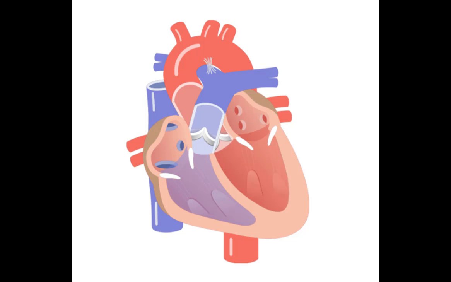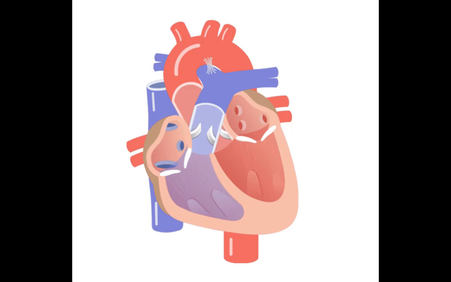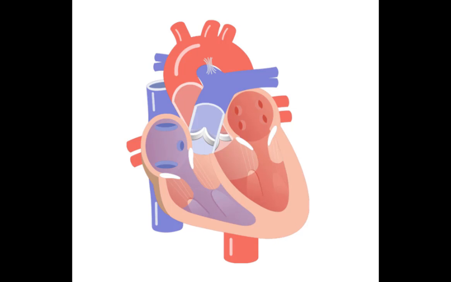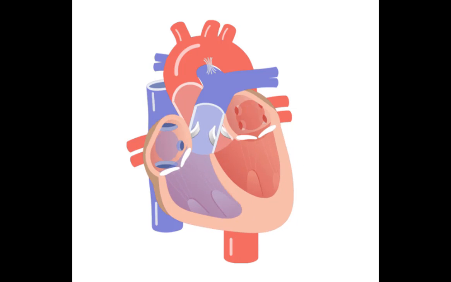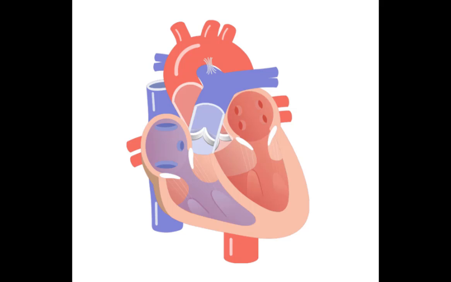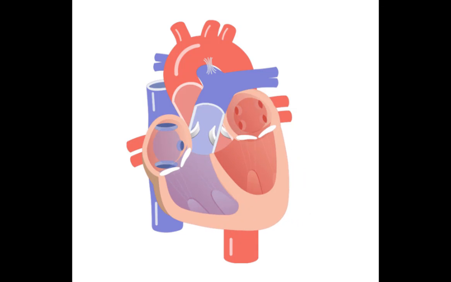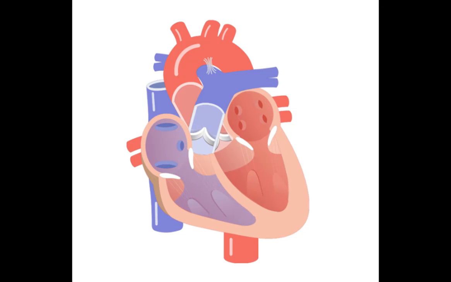Right, so let's look at that with an actual heart diagram which is moving. As I say, there's 3 stages in the cardiac cycle. There's diastole, which is where the whole heart's relaxed. There's atrial systole, where the atria contract, and then ventricular systole, where the ventricles contract. So if we start this right at the beginning,